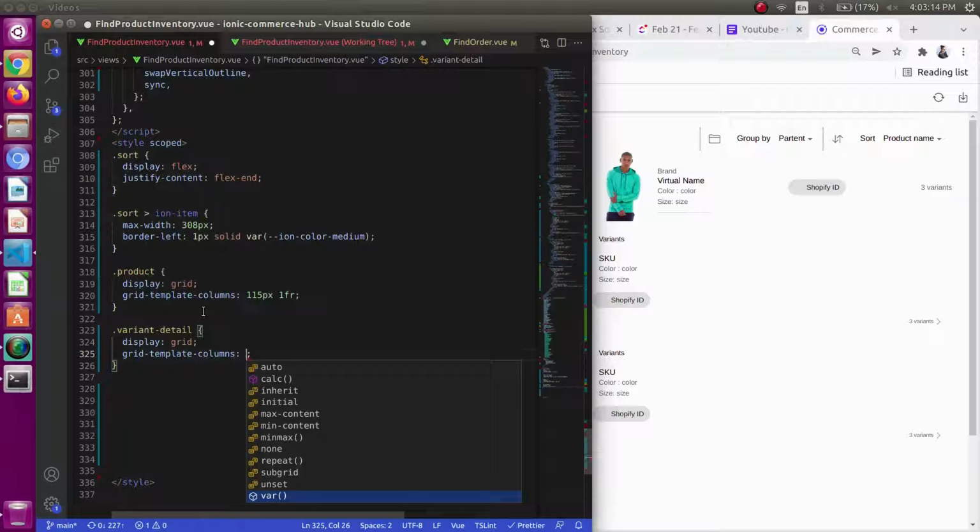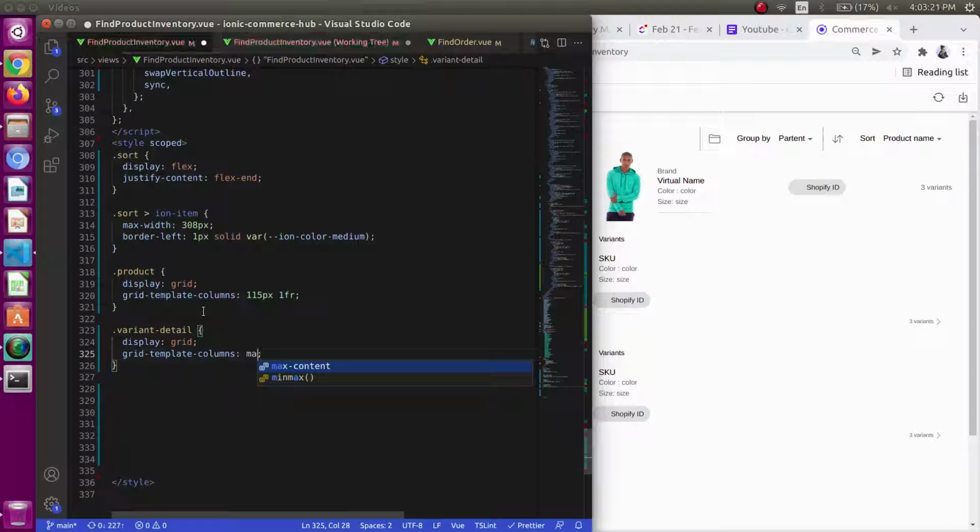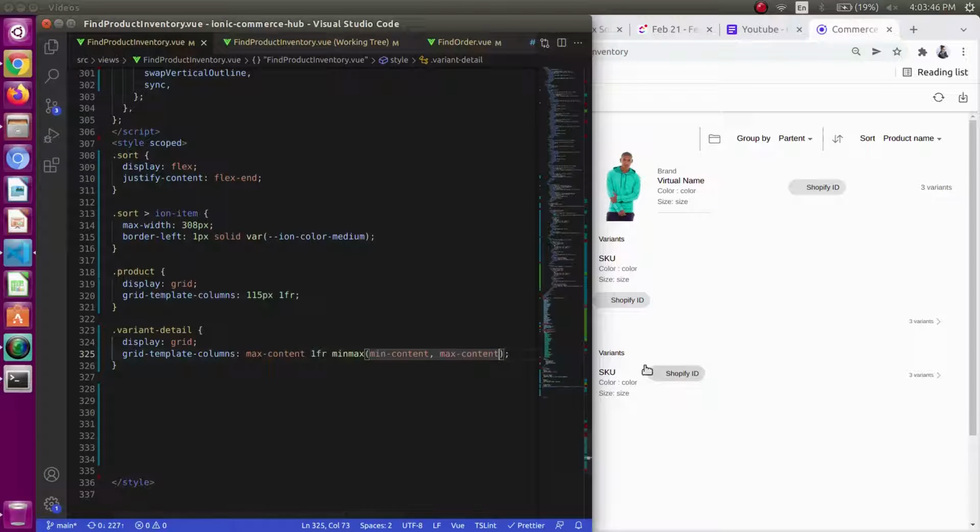I will be giving max-content to the first column, 1fr to the second, and minmax to the last one, that is the variant metadata. We are less worried about this section because we will be covering the styling of this in the next parts of the video.